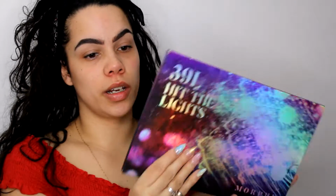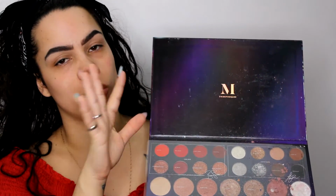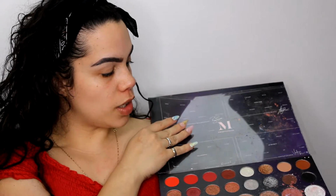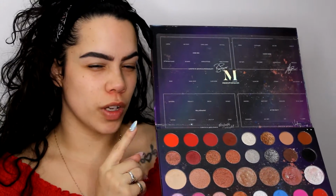I'm going to use the 39L Hit the Lights palette. I know you guys are like, this Morphe girl. I know, but I really do love their palettes. I am going to branch out and try other palettes, so don't mind the mess. My daughter got to it, but I'm going to use the reds in this palette just because they're perfect reds. And then